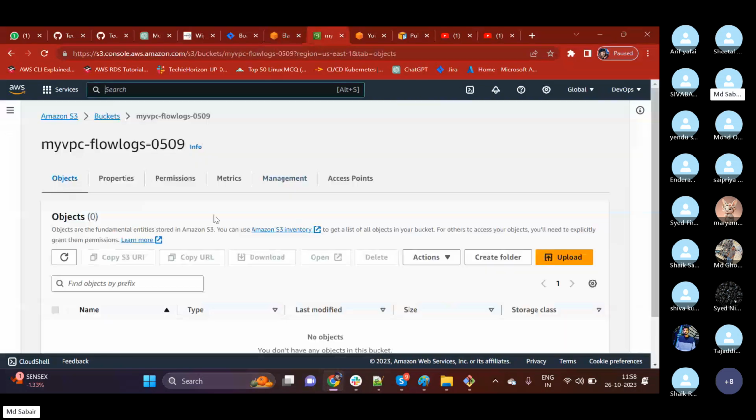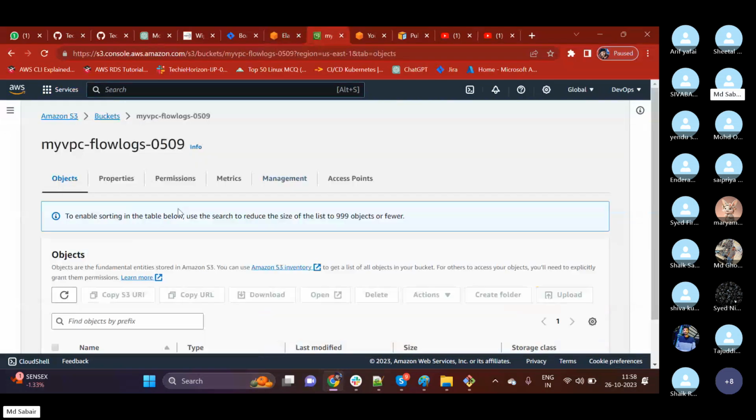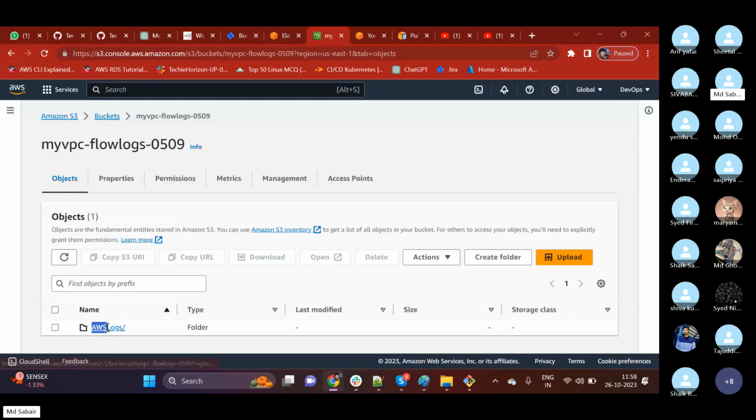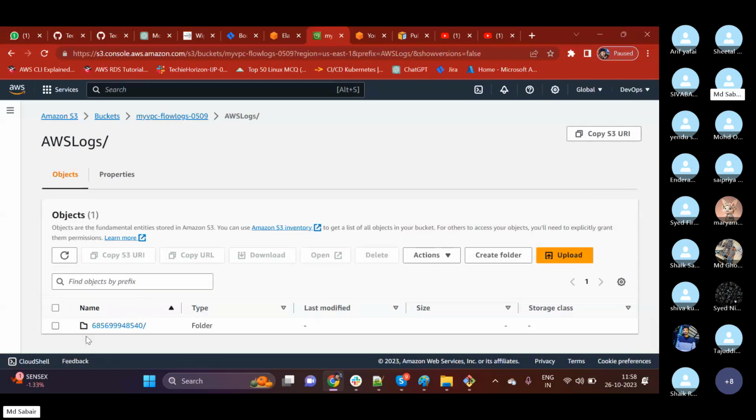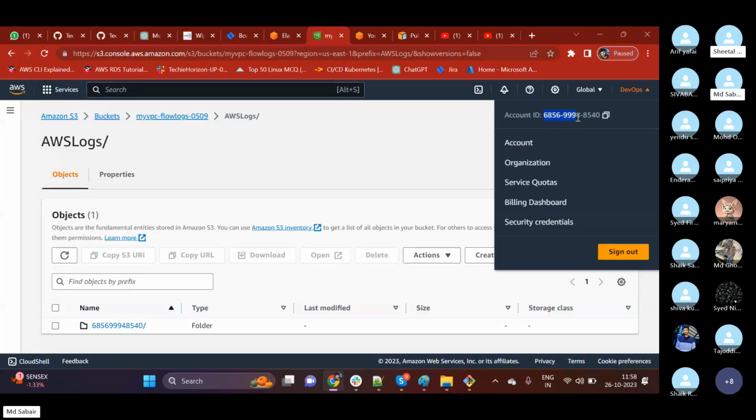Okay, now if you refresh this page, we can see that some directory has been created, AWS logs. If I open these logs, then here we can find some random number. So what is this number? Can anyone guess this? This number is nothing but my account ID. See, this is the account ID. Okay, if I open this,